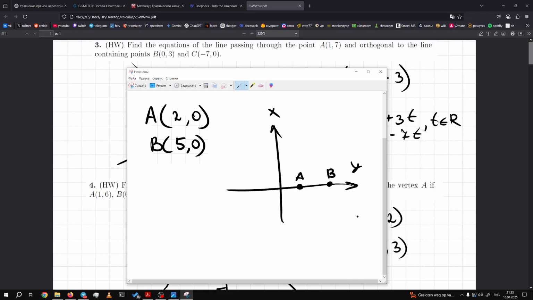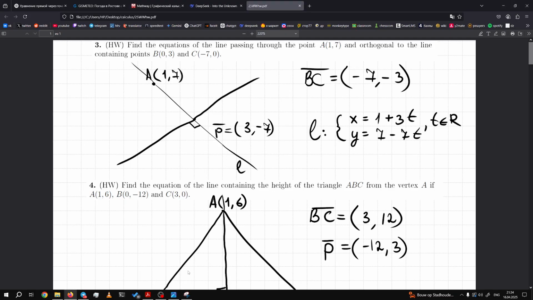So how can you find vector AB? What is this vector? It's actually the coordinates of point B minus the coordinates of point A. 5 minus 2 is 3, and 0 minus 0 is 0. So look, it's 1, 2, 3, 4, 5. So vector AB, this vector, is actually 3, 0. I hope you understand. So we found vector BC, and now we need to